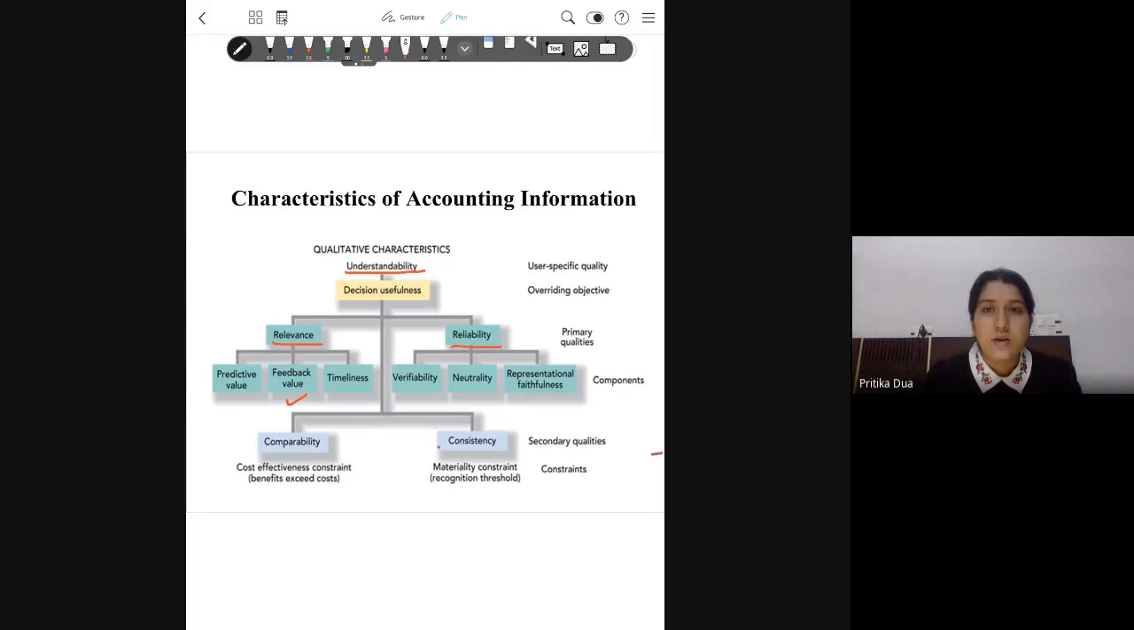Okay. Then is consolidation. Consolidation refers to combining financial statements